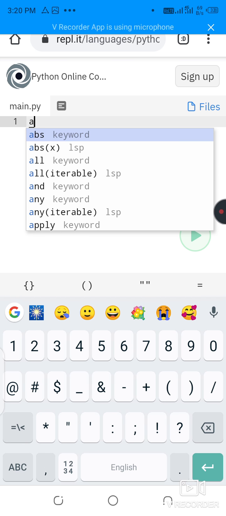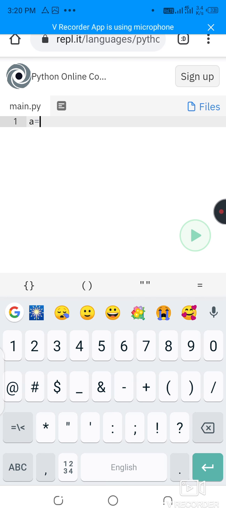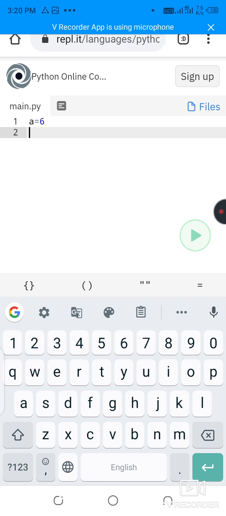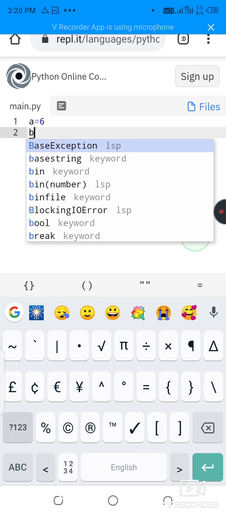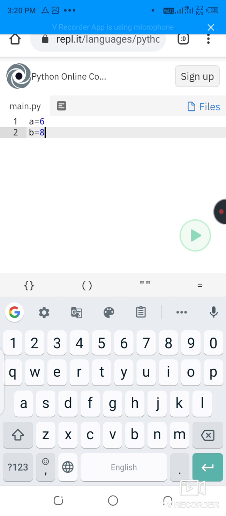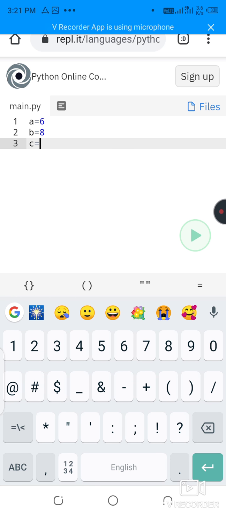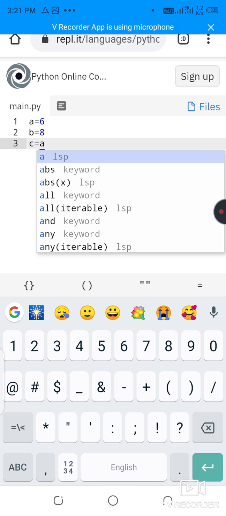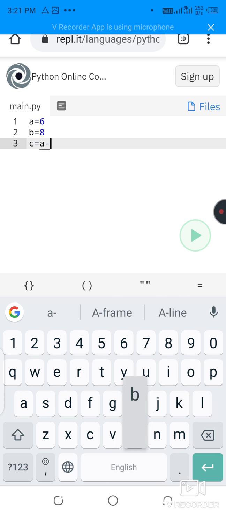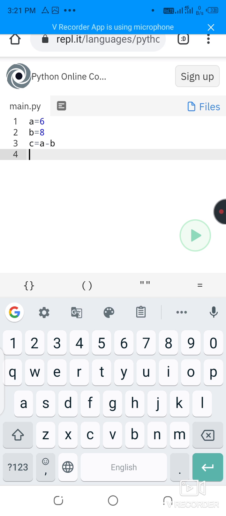A is equal to 6, and then b is equal to 7, and then c is equal to a minus b, because we are not doing plus, we are doing minus. Plus and minus have the same rules, but there is a change of the minus sign and plus sign.